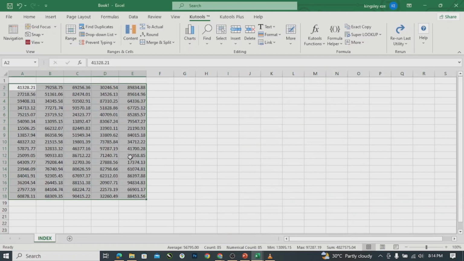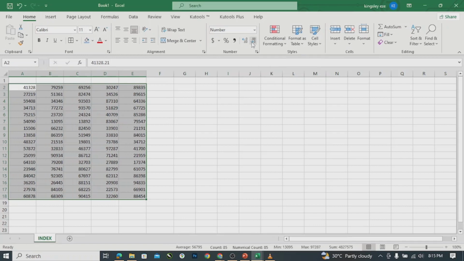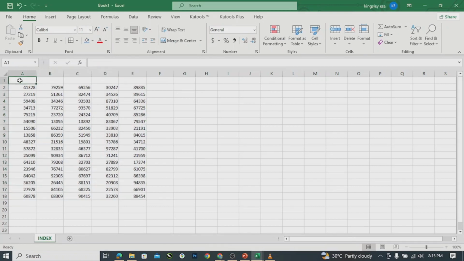So I've done that. You can see I have all of these numbers here. Then all of these numbers, I want them to just give me the main figures. So I want to take away the 2 decimal after it. So I'll do that. Okay, so now we have this here. So in using index now,